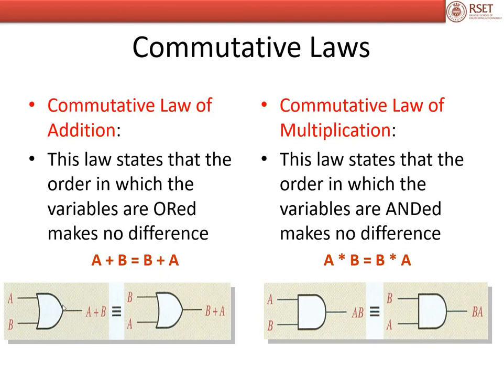It is also shown by using gates. Here, to this OR gate, two inputs A and B are given. The order doesn't make any difference in the result. It can be given as A and B or B and A. Likewise in multiplication, A into B is equal to B into A. It is shown by the AND gate. AB is equal to BA.